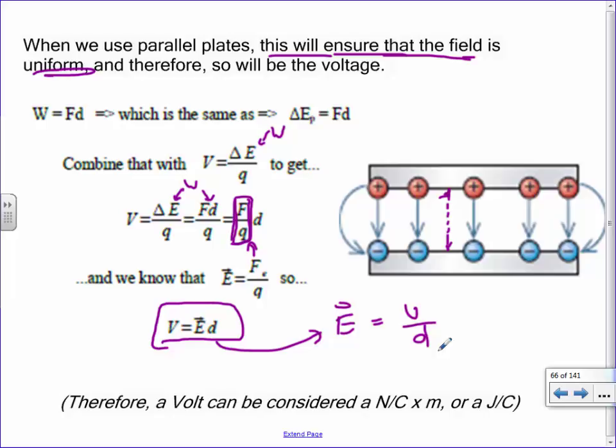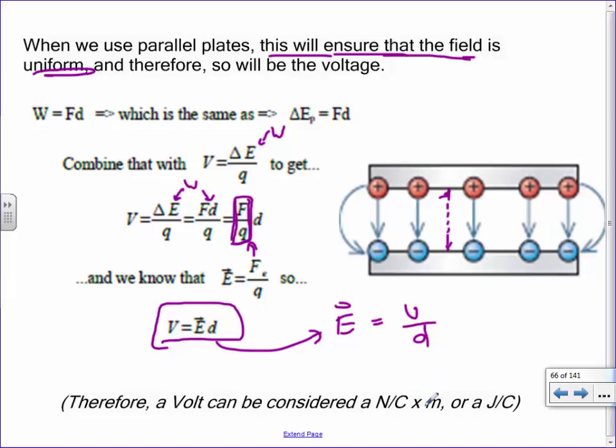So the long and short of it is if you put the plates closer together, you have a stronger field strength. If you put them further apart, you have a weaker field. Does that make sense? So if you have two really tightly close together plates, there's a lot of electric field between there. You separate them further apart, there's less field.